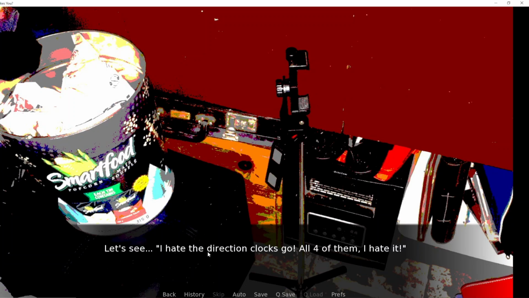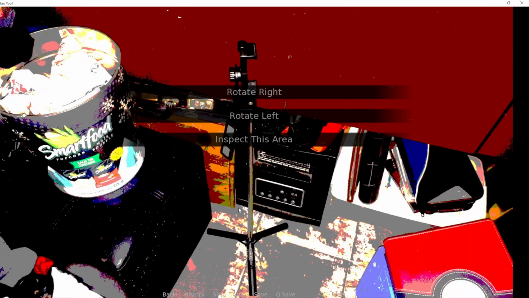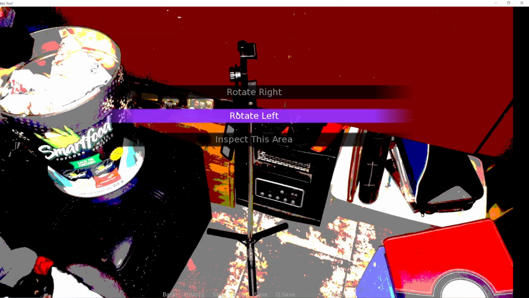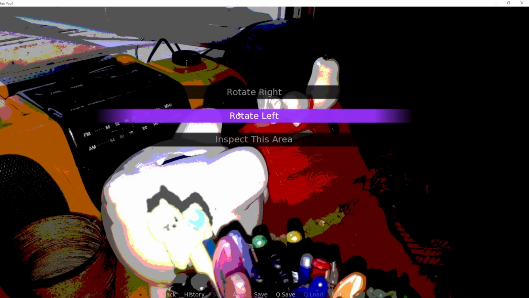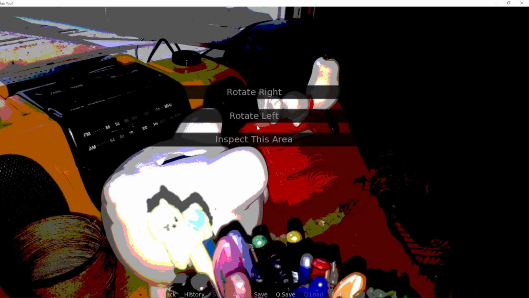So this is what I mean. I hate the direction clocks go, all 4 of them. So I think that's pretty obvious, kind of what it is. It's not obvious right away, I guess, because right away you use 4 rooms, but obviously you have to rotate right and rotate left, so the order should be very clear right away. And then once you do all the rooms, there's 4 of them, and you got to go to each one. You don't have to actually check them in that order. It's just that's the order of the numbers you get. So that first one was 4, so I'll actually, yeah,